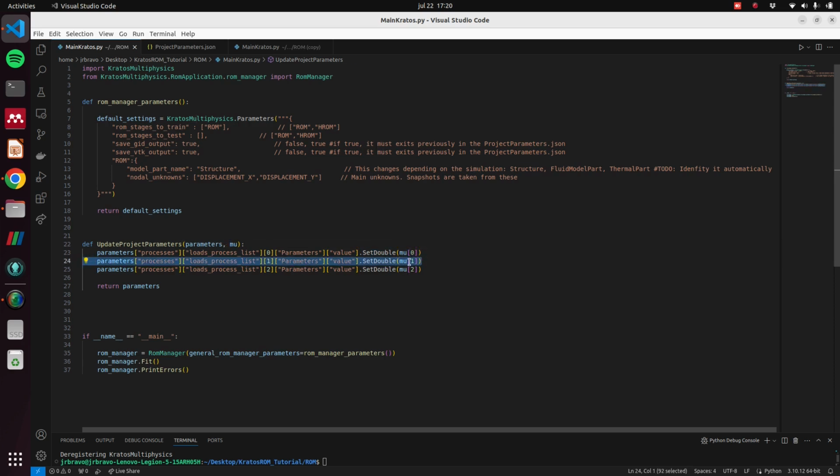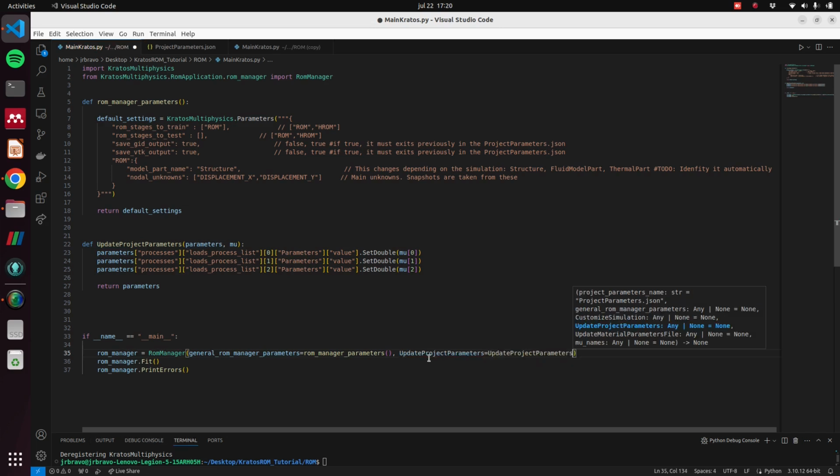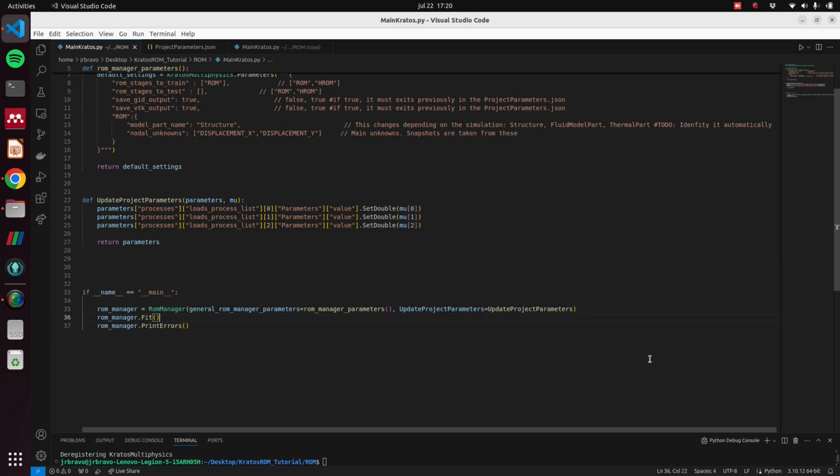Does the same for slot 1, and it does the same for slot 2, and returns the parameters object already modified. So this is a keyword argument that is expected by the ROM manager class. So that's it. Right now our ROM manager knows how to change the mu parameter,